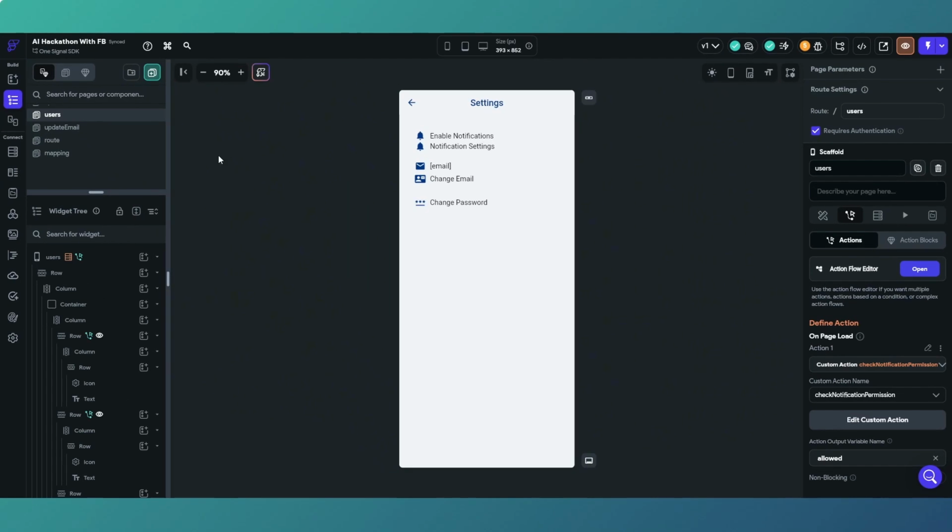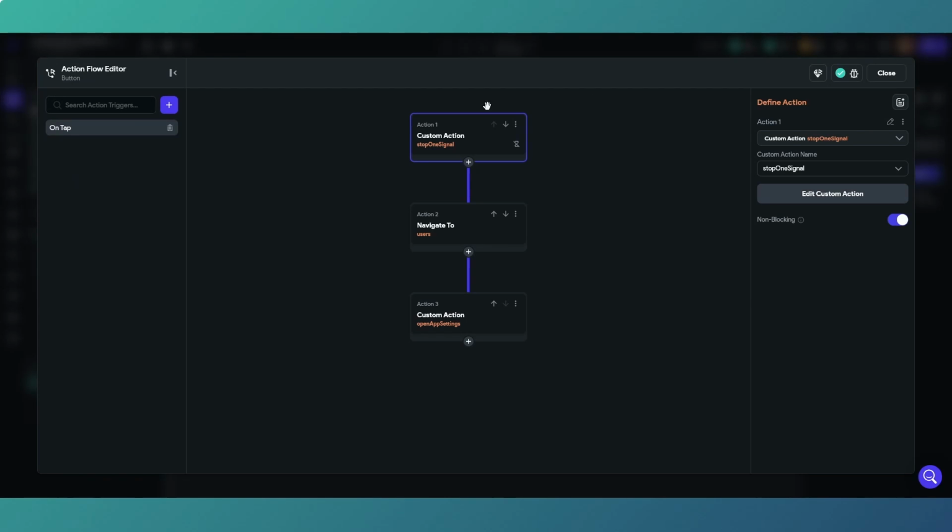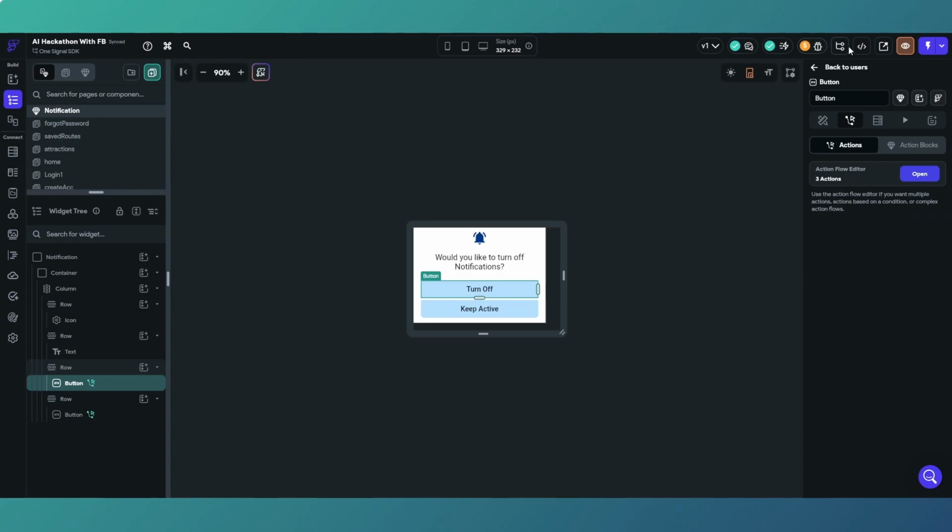If our user decides to turn off notifications, our first action is to stop OneSignal. So we've unsubscribed a user, and then we're opening the app settings, and then we're relying on the user to manually unsubscribe at that point as well. So if they then change their mind, we'll have a situation where the user's device has got it as active, but OneSignal has been disabled. On the, if I go to